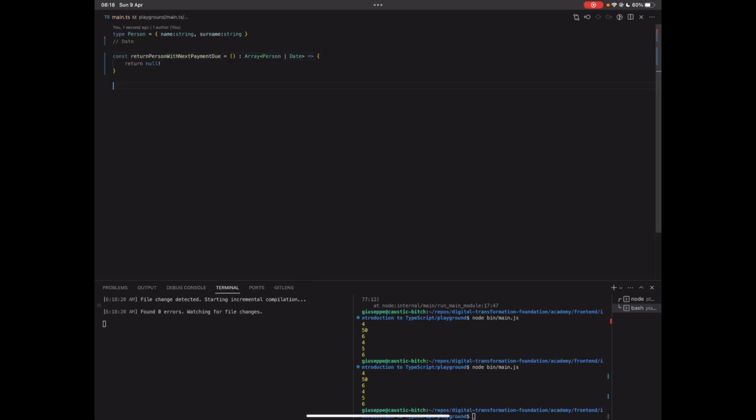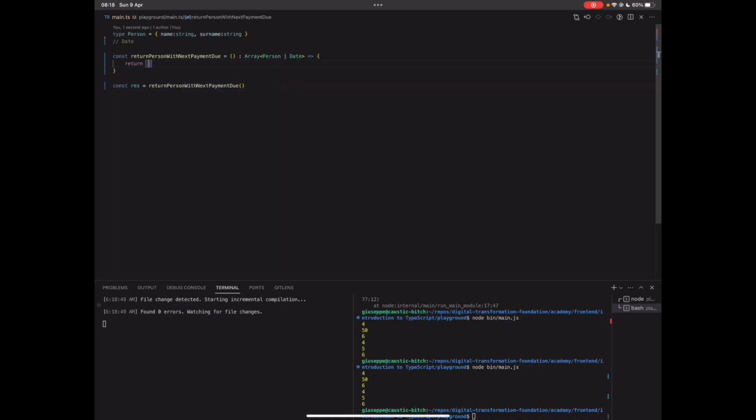Well, obviously this is a very unclean solution. Let's say that we were to invoke this function, and notice that null exclamation mark is really a way to just tell the compiler, I know what I'm doing, just shut up with your errors. It's very dangerous. If I run this program, res will fool the type checker. So we're just going to look at the compiler. Okay, so here we have an array of person or date,